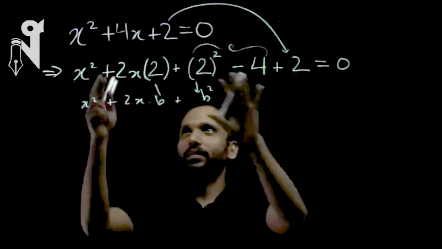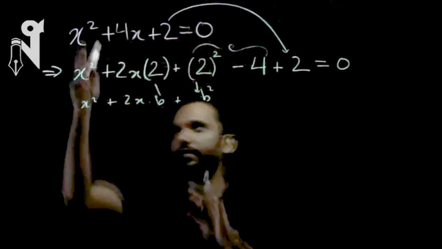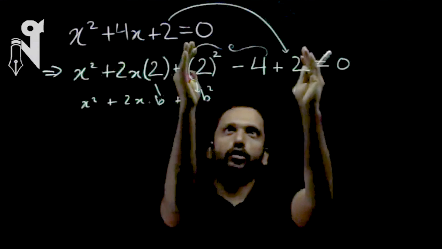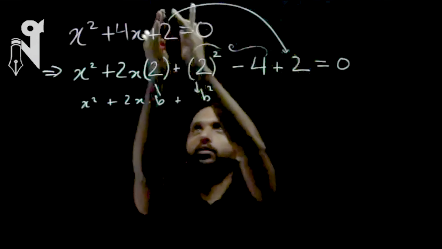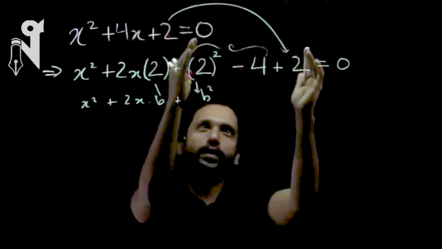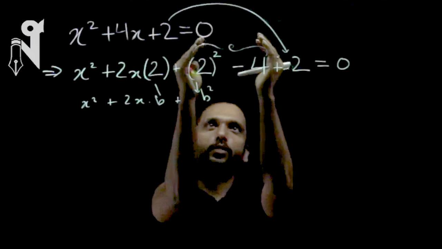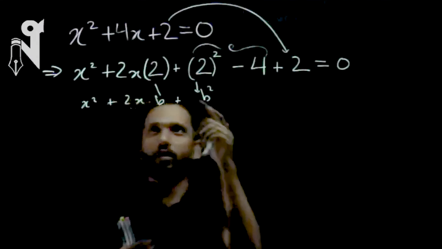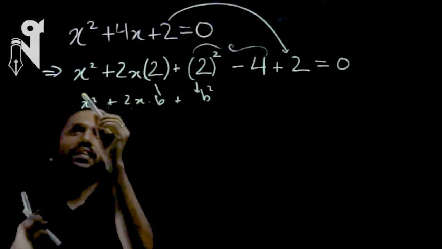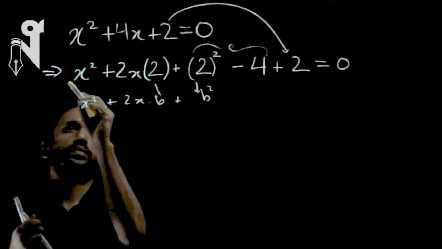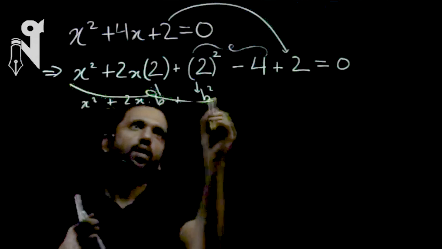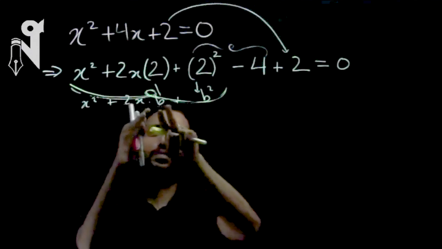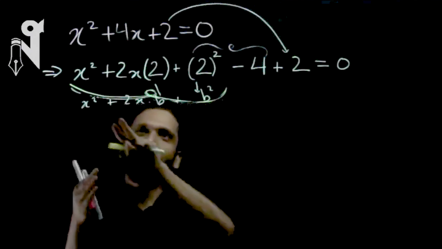The question is the same. This and this are mathematically identical. This is x square, that is x square, that's 4x, this is effectively 4x, and these three numbers together are effectively only 2. That's your 2. Why is it 2? Because this much part is 0, and that remains as 2. So why did we do that? We did this because these initial three terms together are the formula of x square plus 2xb plus b square, which is (x plus b) whole square.